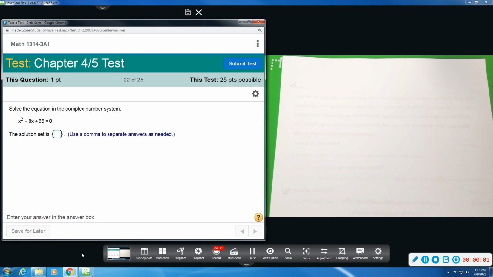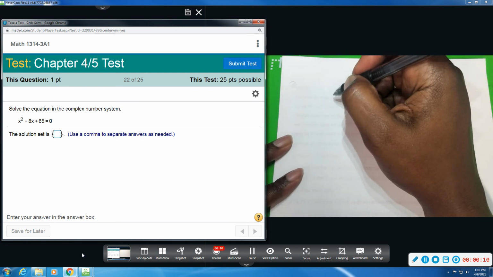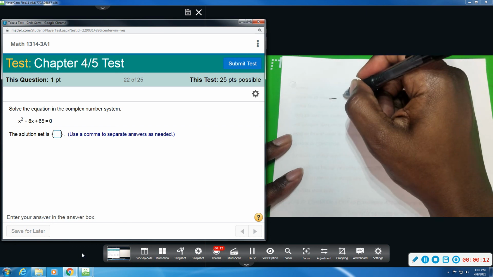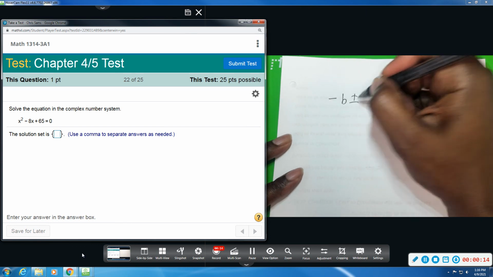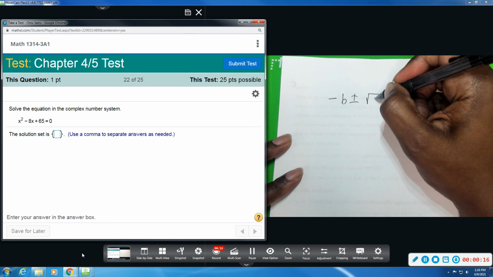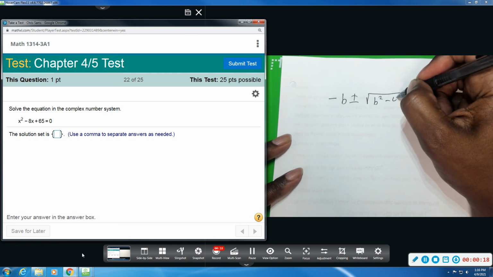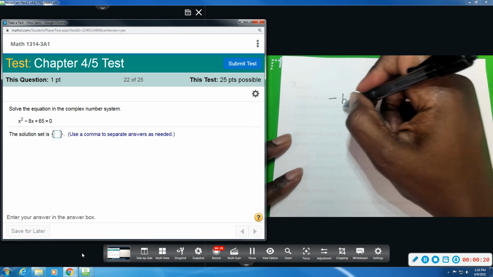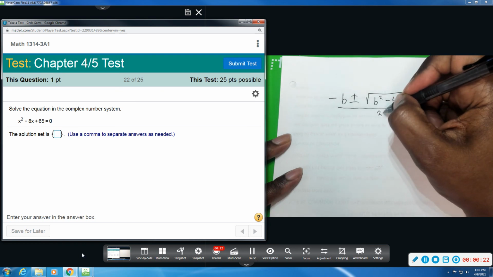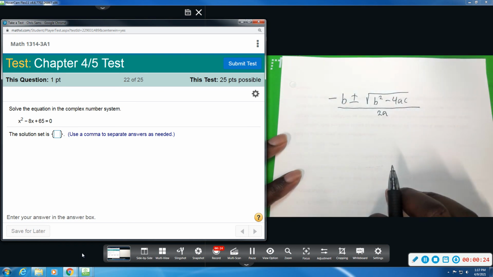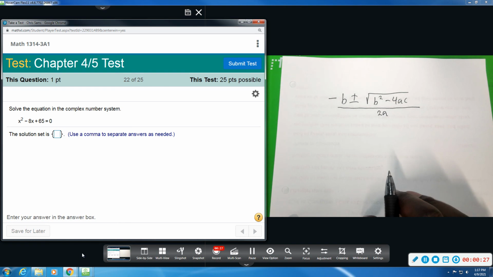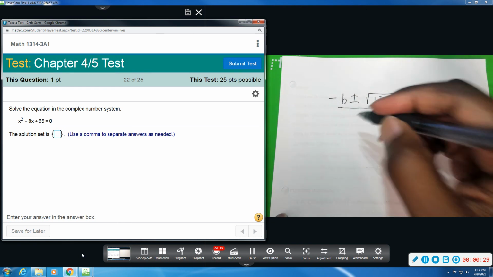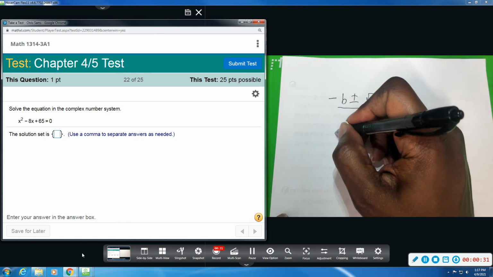All right, number 22 just says solve the equation in the complex number system. So that leads me to believe that we want to do the quadratic formula. So negative b plus or minus the square root of b squared minus 4ac all over 2a. All right, so plugging in everything as it is, b would be negative 8. So when we plug it into a negative, that would give us a positive 8